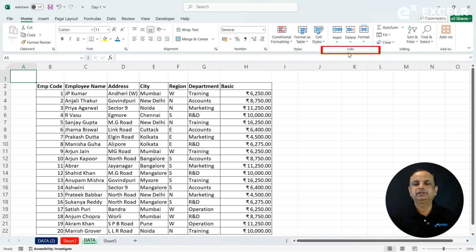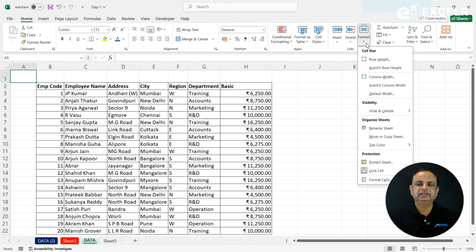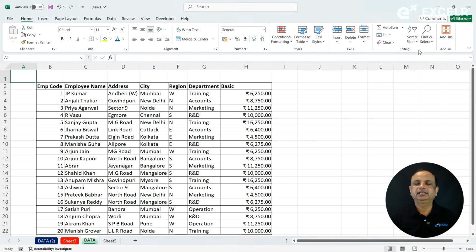It's a very big topic. We discussed everything about cells. In the Cells group, we had multiple things like inserting cell, inserting row, column and worksheet, deleting worksheet, row and column, and formatting. We had a lot of options. We discussed all those things. And in editing also we learned about auto sum. We discussed the fill option, right, left, up, down. We discussed the clear option, clear content, clear format, clear hyperlink or everything, and find and replace. So this is all about your